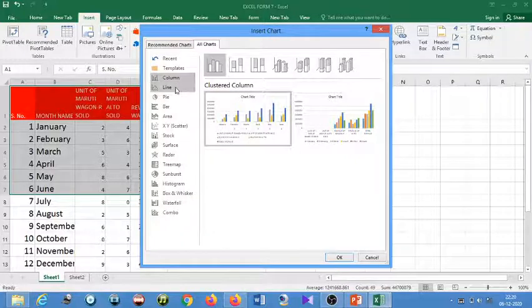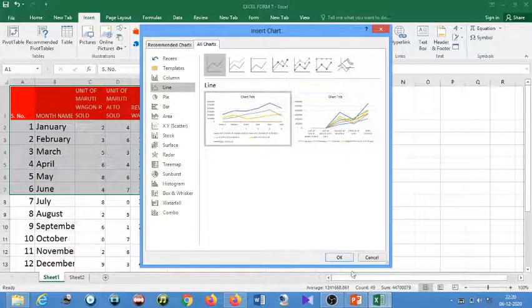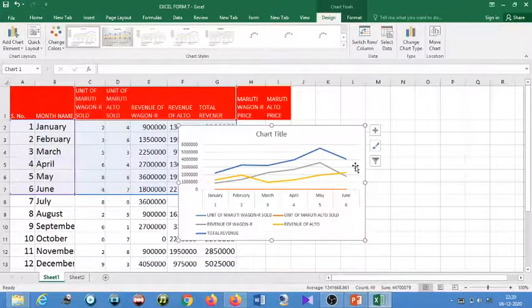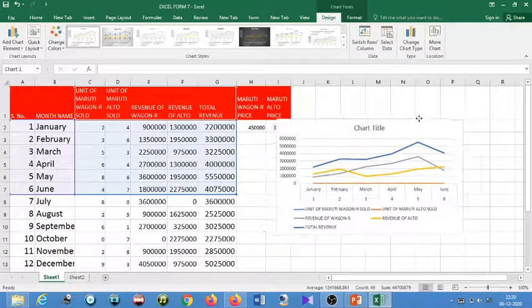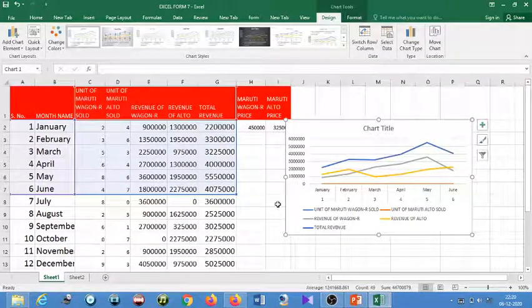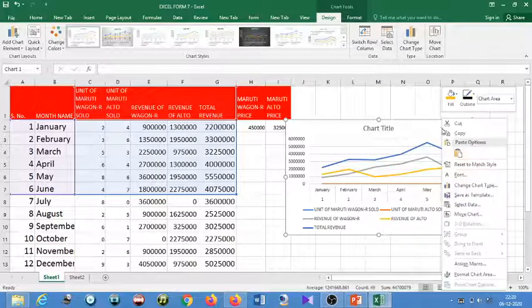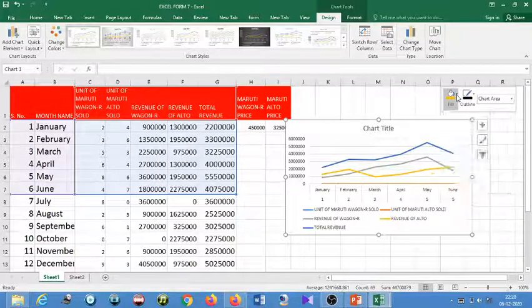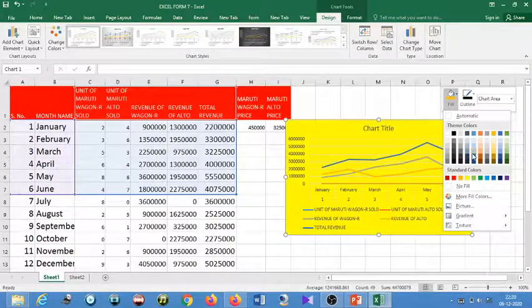I want to choose the line chart. Okay, line. You can see here, this is January to June. Got it? This is the revenue of Wagon R. So in this way, students, here also you can right click and do formatting as per your choice.